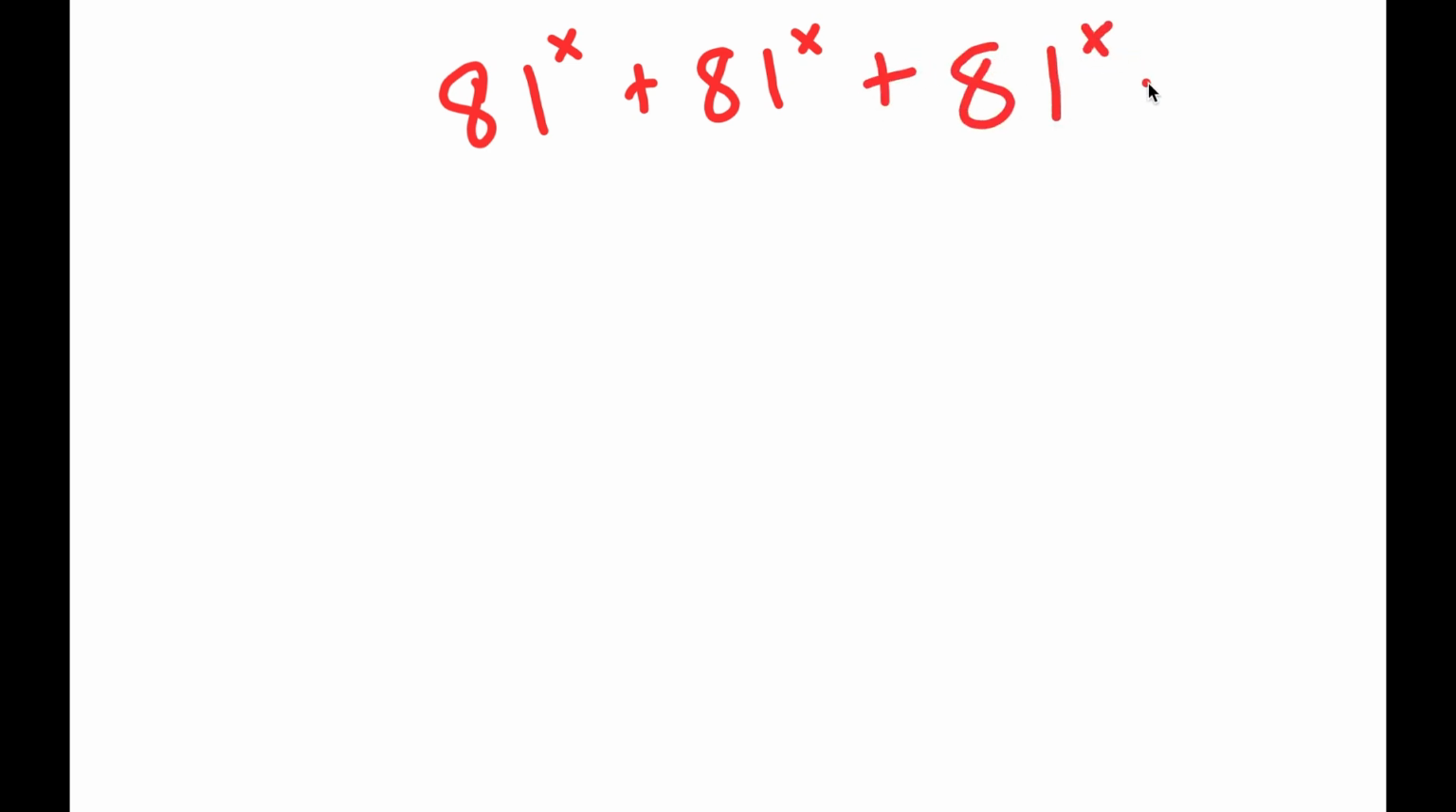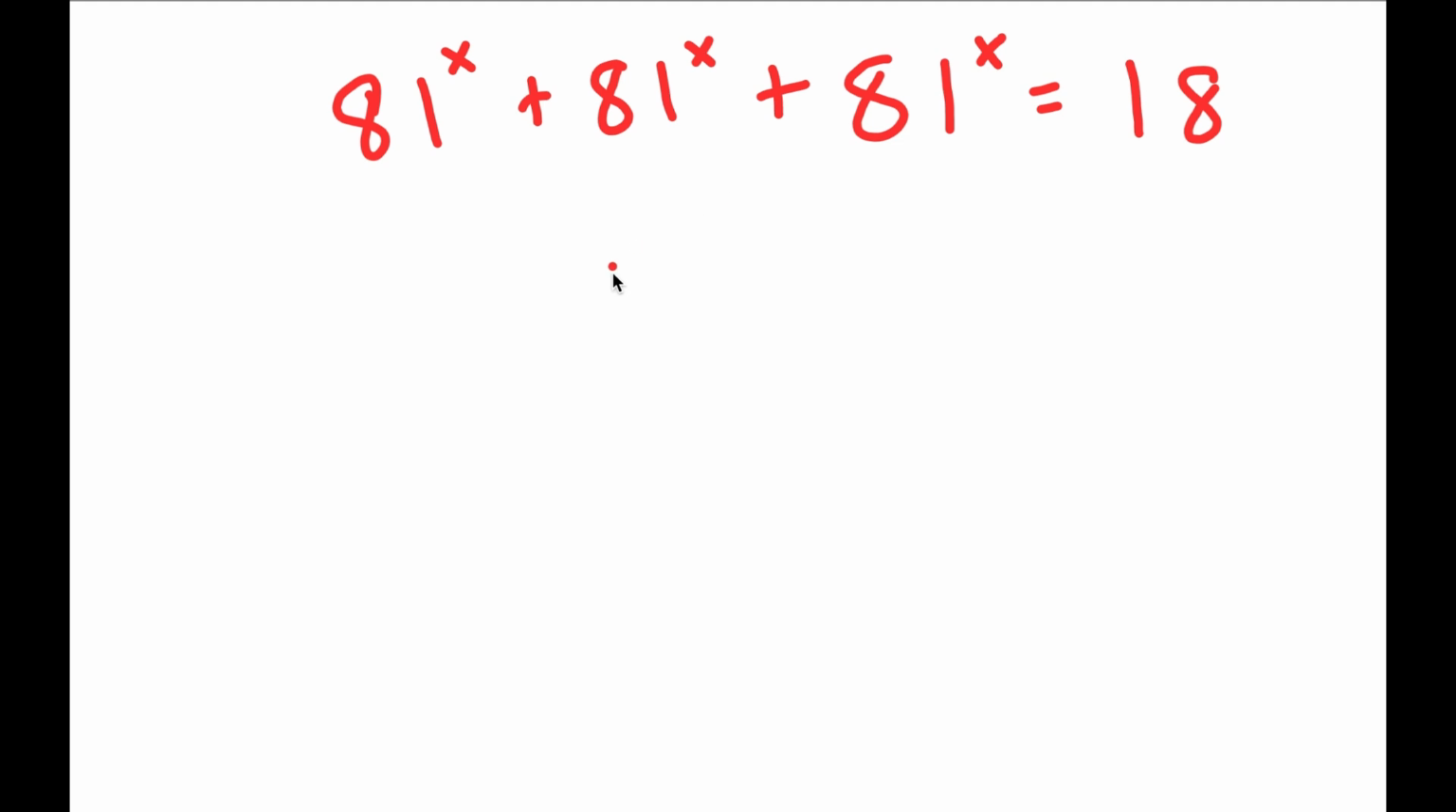Alright, so in this problem, I have 81 to the power of x plus 81 to the power of x plus 81 to the power of x is equal to 18. So, I obviously want to find x as it's my only variable in this problem, so for my solution,